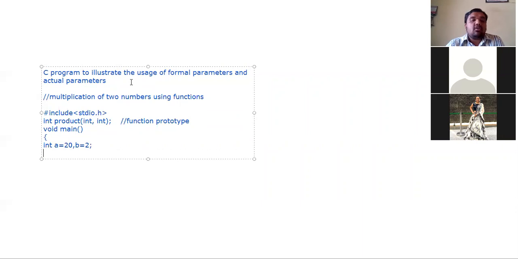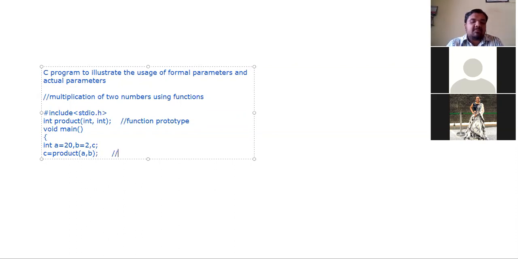So int a is equal to 20, b is equal to 2. What happens next is c is equal to product. What is this product? The function to perform the multiplication of two numbers. What are the parameters I have to take here? A comma b. What is this a comma b?